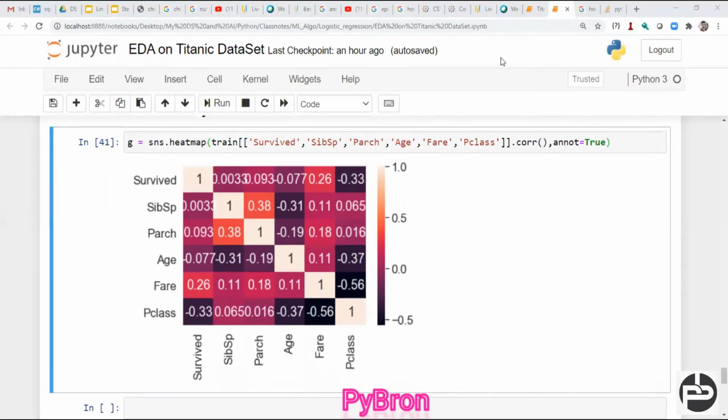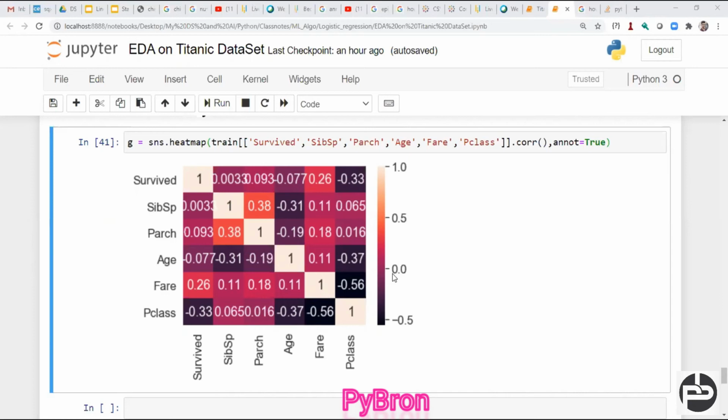So basically what you can see here in this diagram is that the darker values have a highly negative relationship. As the color gets lighter, you can see the correlation between the features is increasing. So 0 means no relationship, and 1 means a highly positive relationship. So SibSp with SibSp, and Parch with Parch, has a relationship of one.